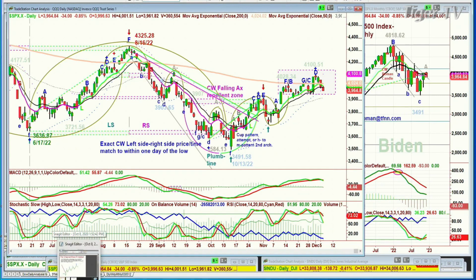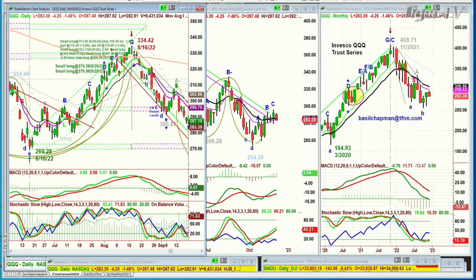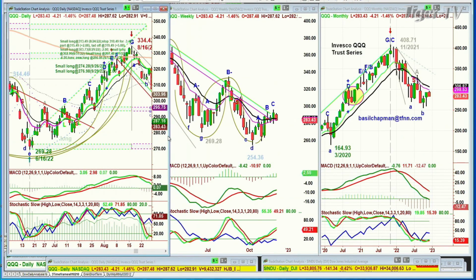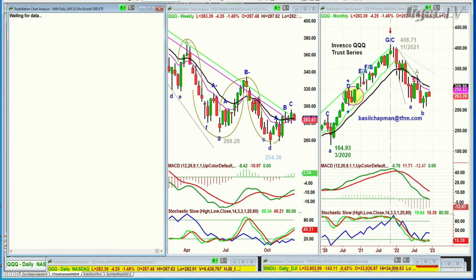Look at the QQQ. QQQ didn't even get to the 200-period moving average, and it's pulling back sharply today, down 1.4%. Dow's only down 0.43%, and the S&P is down 0.85%. So this is a little more serious. You see how it's been struggling, and you can see from the weekly chart that it got out just for a moment last week above the down Chapman wave inside track down channel, and lo and behold, what are we looking at? The IWM, same thing.